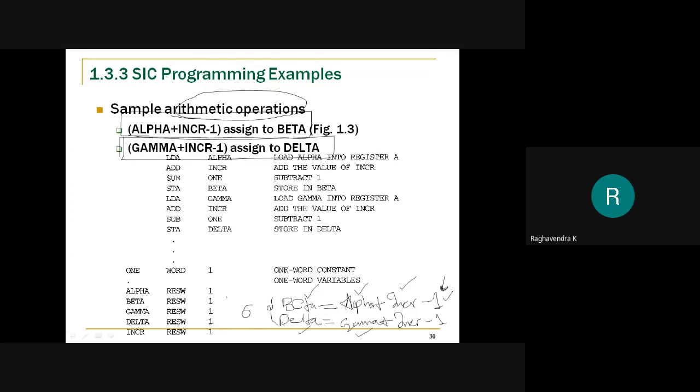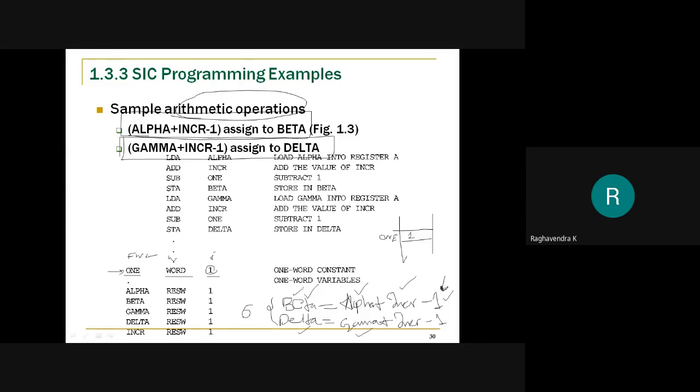So we'll declare 1 as a constant as we did in the previous case. For 5 we had declared it as WORD 5. In a similar way, we'll declare WORD 1. This will allocate a word of memory location and store in it the value 1.